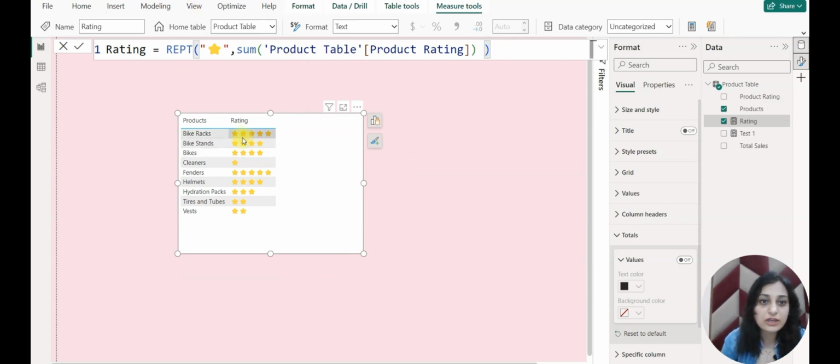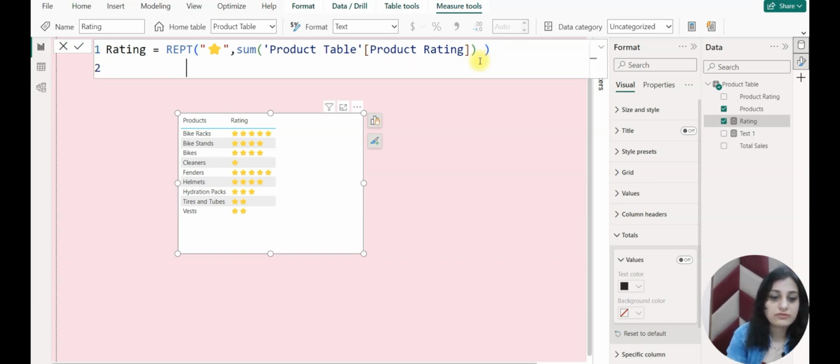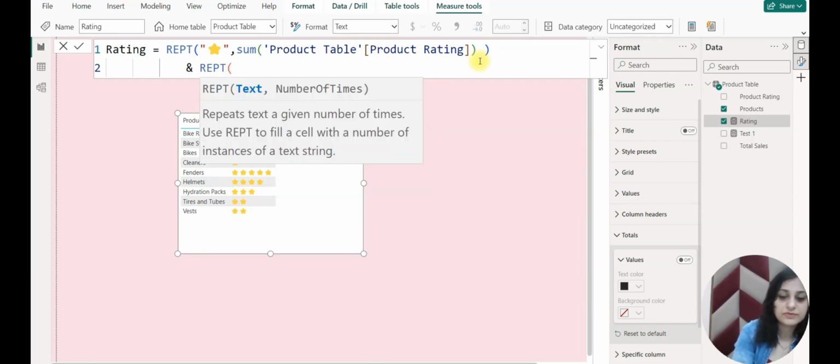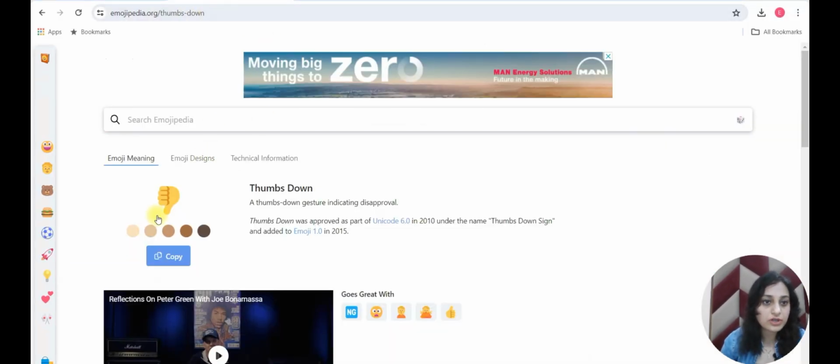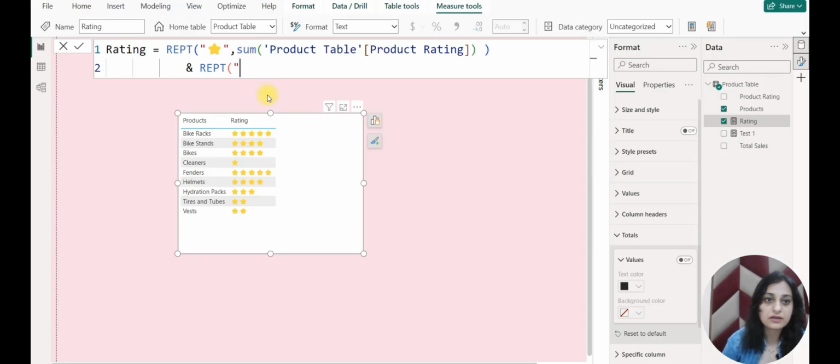Also, if you have a rating of say 5 stars, 4 stars, 1 star, but you don't want to show the rest of the stars as blank, what further we can add to our formula is, we can say and REPT. Say I want thumbs down for blank ratings. Then I can again go to emoticon, search thumbs down, copy it here, paste it as a string and repeat